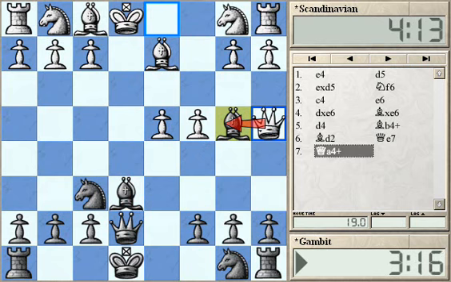So white is just making a double threat, a double attack on black's king and on black's bishop. It looks like black is in trouble, but of course the queen a4 move is a serious blunder, which of course we take advantage